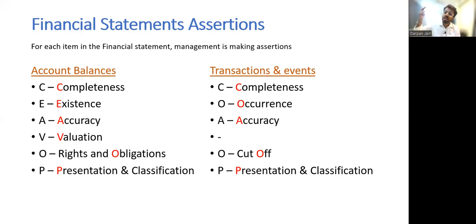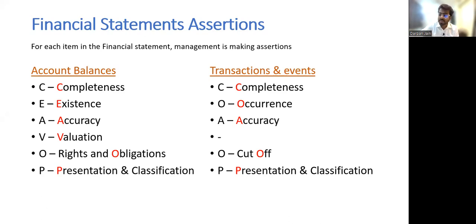The benefits out of it are going to be reaped for a period exceeding 12 months. That's why it's a fixed asset, correct? So they are making a claim that it's a fixed asset, that they are the owners of that land, and that the land value is 10 lakhs or 15 lakhs, whatever value they are showing. They are also making a claim that the land actually exists, physically exists. That is why they have recorded that as land, right?